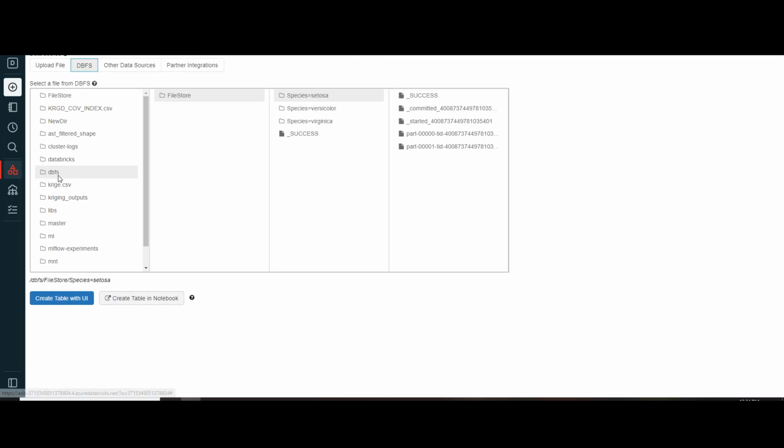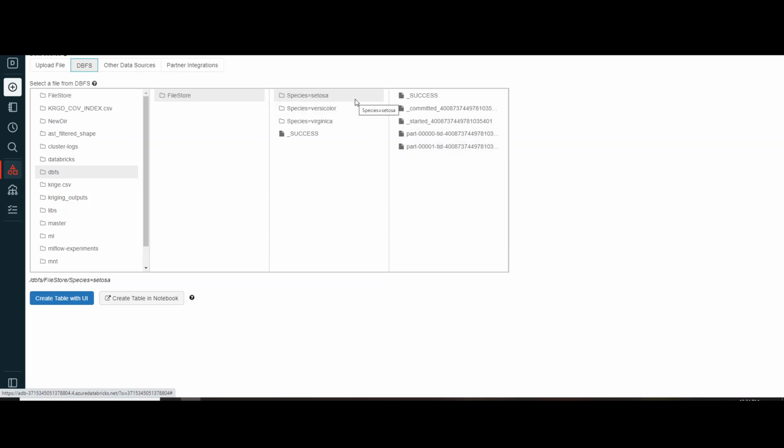So guys, this is the location where I have stored my repartitioned file, in the dbfs FileStore. Inside FileStore you can see I have done partitioning based on species. These were the three different types of species in my file. If you go inside each species folder, you will see two partitions got created.